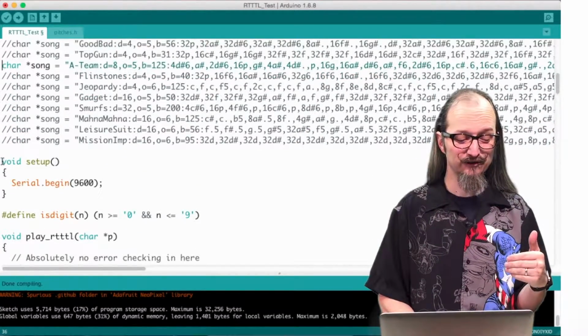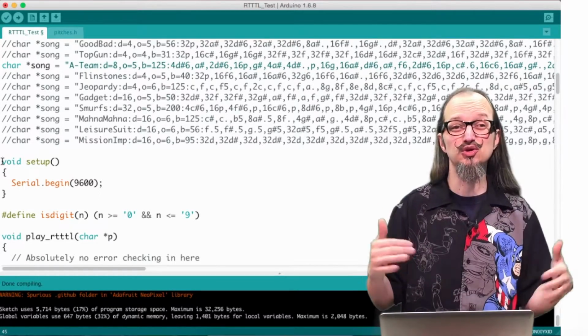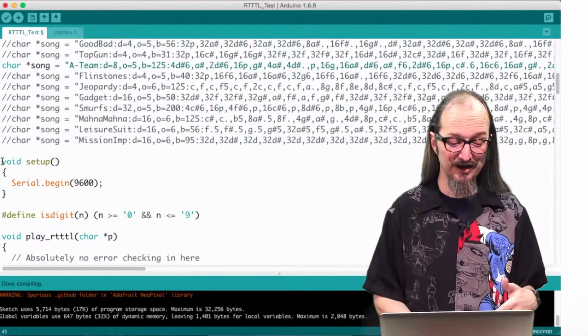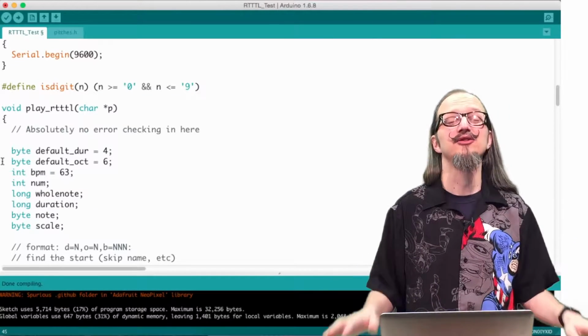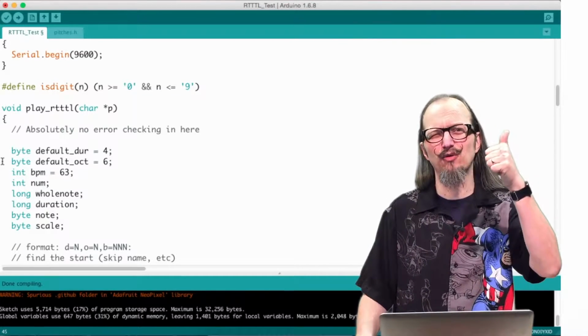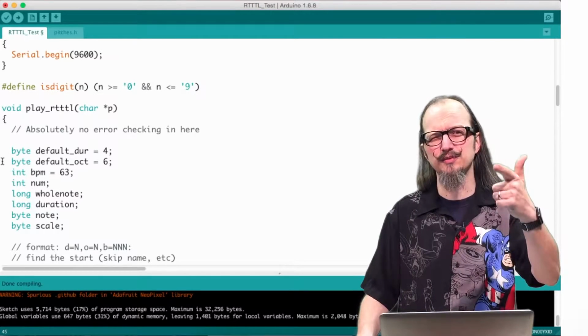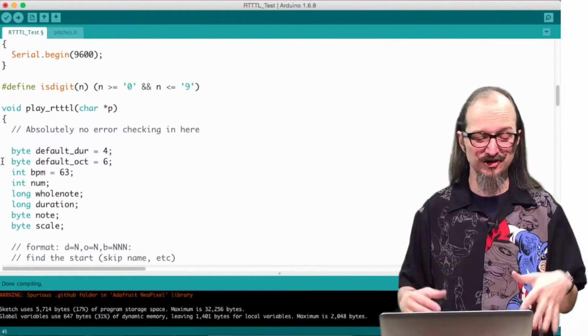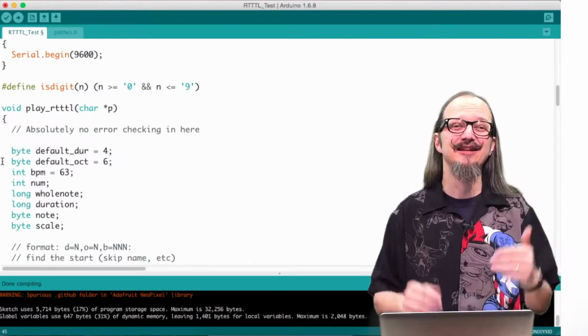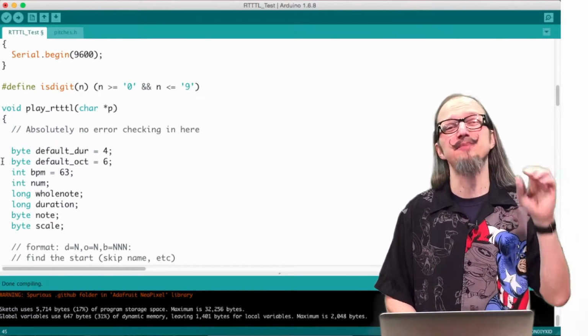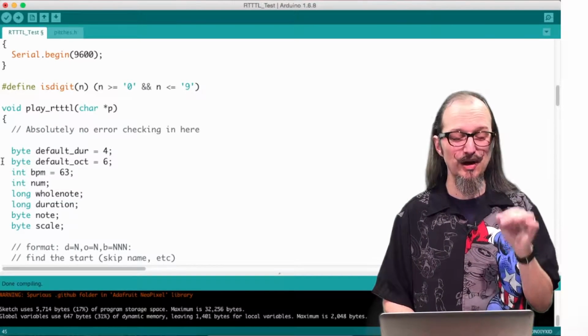So let's take a look here. First we have a void setup, which you should be familiar with. All we're doing is doing our serial begin. And then we've got this void play RTTTL. So here's the thing. So far we've had void setup and void loop. You can actually create your own functions. This is a function that was created specifically to play these tones. I'm going to skip past it because you don't really need to know how it works.